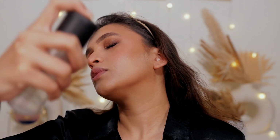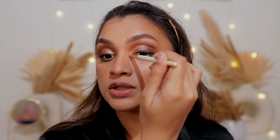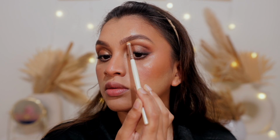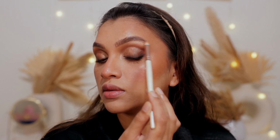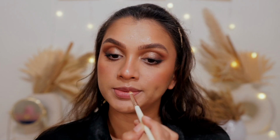Before I go in with highlighter, I'm just gonna set my face and melt and bond all the particles together with my MAC Fix Plus. And then just highlighting my nose first. Nose. Brow bone. And my cupid's